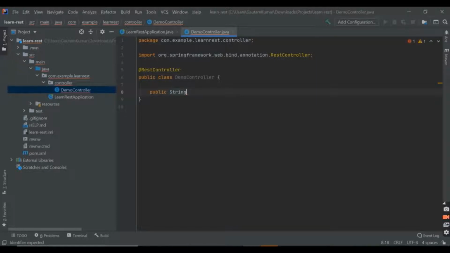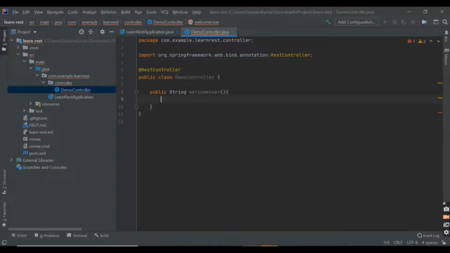So public String, and we can name the method something like welcome user. So we have declared our method and now we need to return some value.